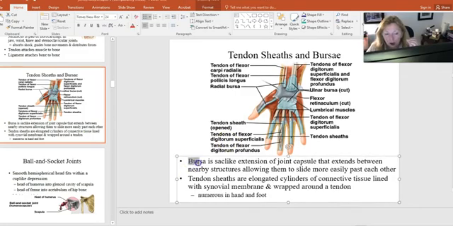tendons do that, but bursa are these sac-like extensions that are going to help with the movement of the joint happening. It's going to help for that tendon to slide across when that needs to happen. So these are synovial fluid-filled sacs that help with the movement of those tendons across the joint as the joint is changing shape and structure. So we have bursa, we have